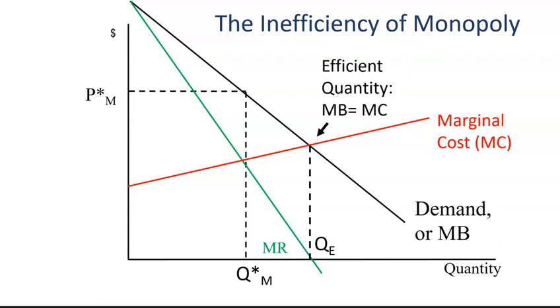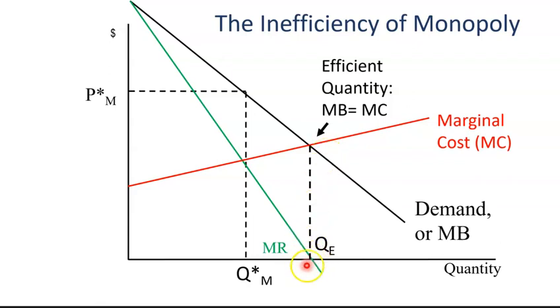Well, from a social point of view, we would like to produce where the extra benefit that people are getting from the good is just equal to the extra cost to society of producing that good. Now, again, to keep things simple, I'm assuming that there are no externalities here. So that's the argument for why this is the efficient quantity,